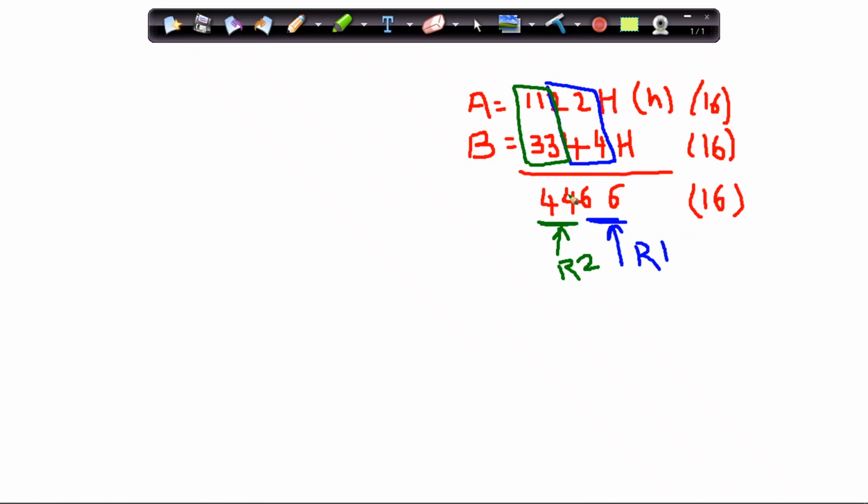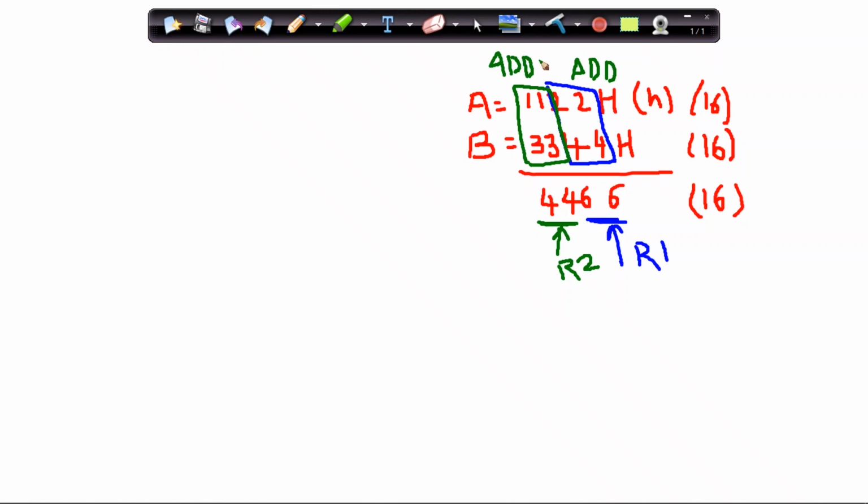Here I use just the add instruction, and since a carry might be generated, for the second operation I use add with carry.